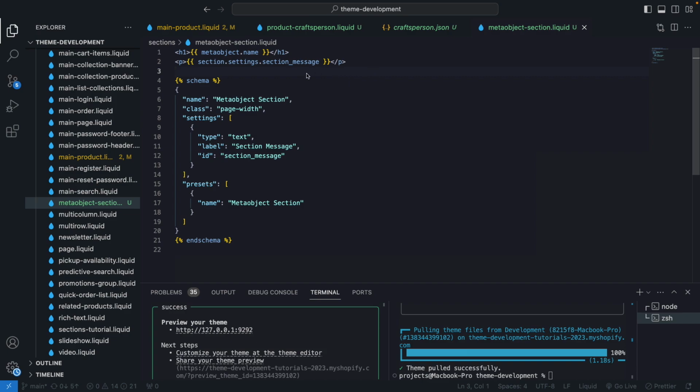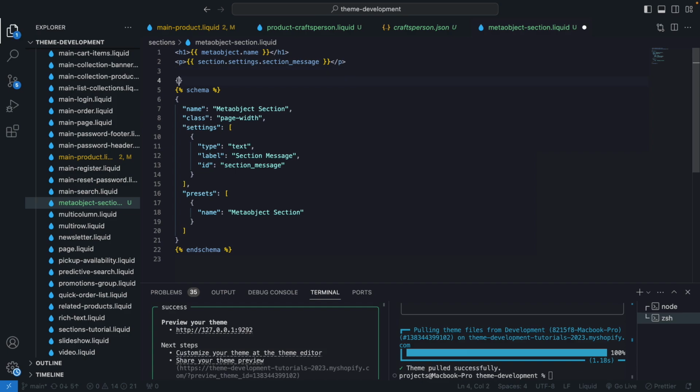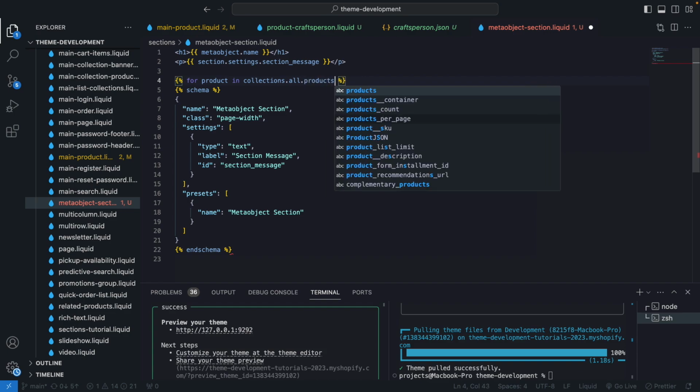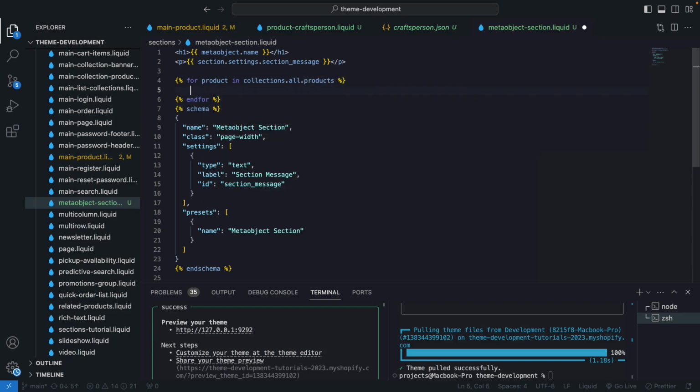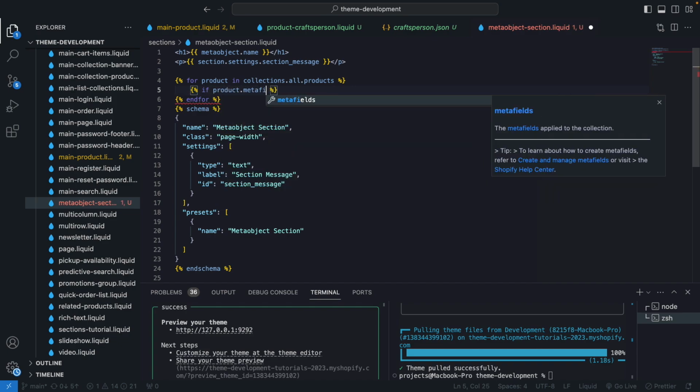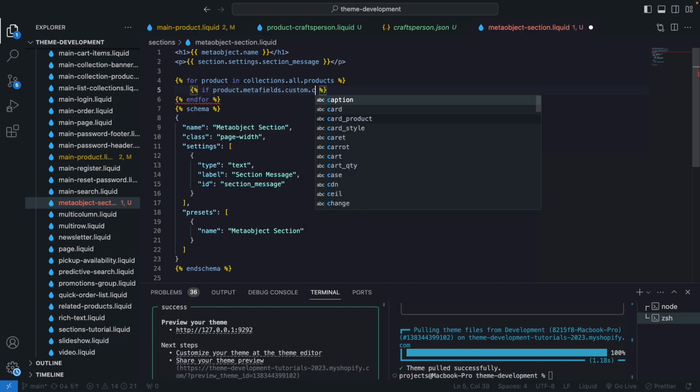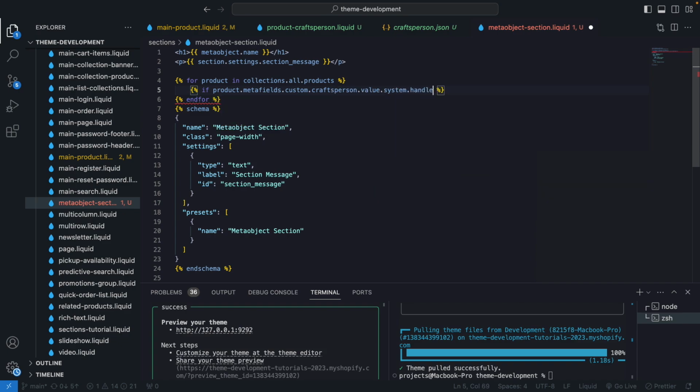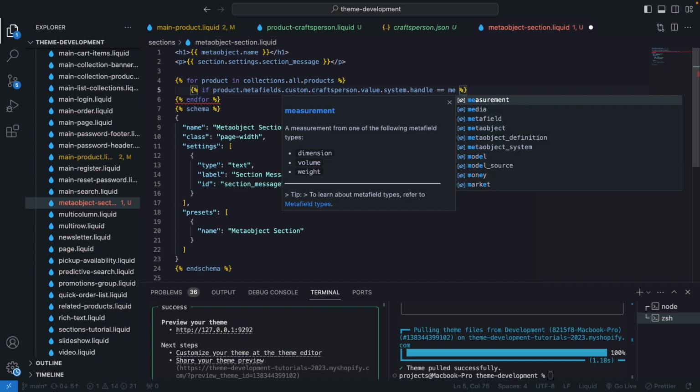Now let's loop through all the products that are referencing this Metaobject. So I'll do for product in collections.all products, and then if product.metafields.custom.craft person.value.system.handle. System are Metaobject properties. They are under the system key because that way Shopify ensures that they don't conflict with other properties that you have. Now we'll compare that with this Metaobject's